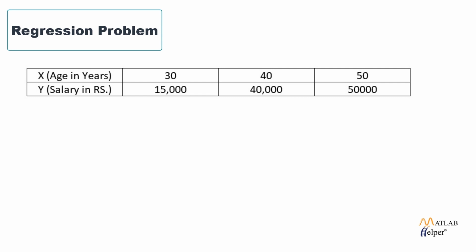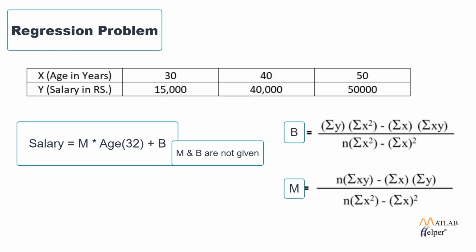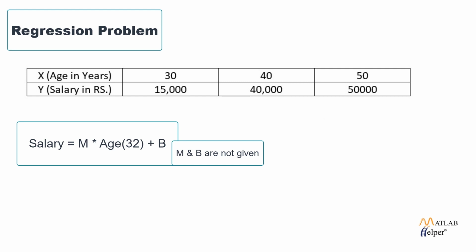Now consider updated data, and the question is how we can calculate the salary at age 32. So here we have three unknown values. If we can calculate the value of the coefficient and the value of the intercept, we get our solution. Over here you can see the mathematical formulas of the coefficient and intercept. But how can we confirm these are the optimal values for our data?